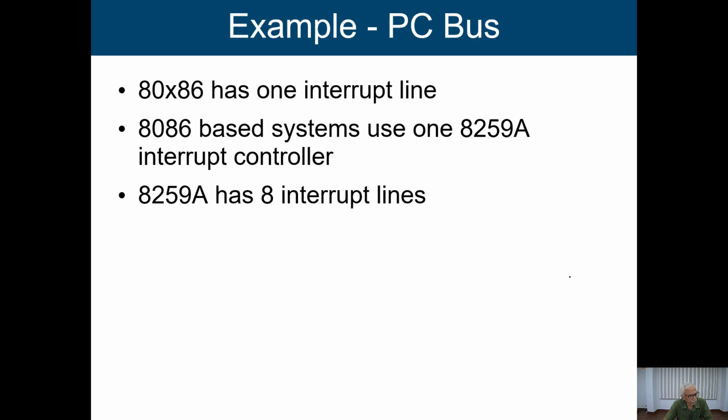We have to run a procedure to give service to that particular process. Now here I am just giving a small example about the 8086 family. So we know about this particular chip, 80186, 286, or maybe the Pentium series. So this particular series, the 8086 system, uses one 8259 interrupt controller.